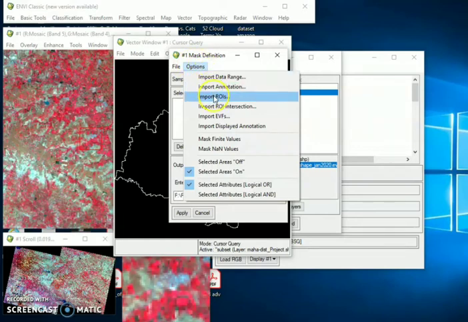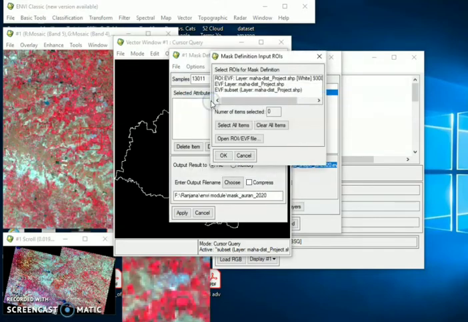Now you import the ROI. Click on import ROI. It will import the ROIs to build the mask. Now here the select areas should be on, and the select attributes for the logical OR should be selected. So here we are selecting or importing the ROI.